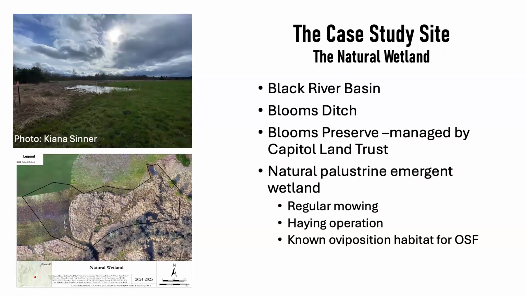During this project, I didn't only monitor the constructed wetland, I also looked at a wetland that is just upstream, about 1,000 linear feet from the constructed wetland. This wetland is also managed by Capital Land Trust and is a known location for Oregon spotted frog breeding. Around this area, agricultural operations continue to exist, and regular haying keeps grasses short and suitable for Oregon spotted frogs'